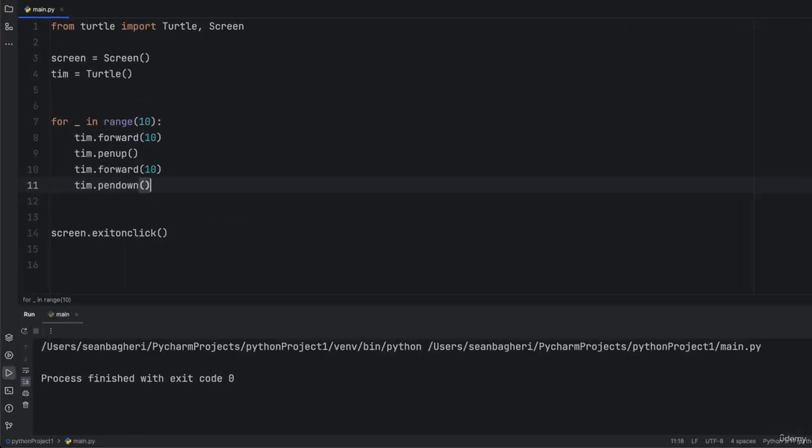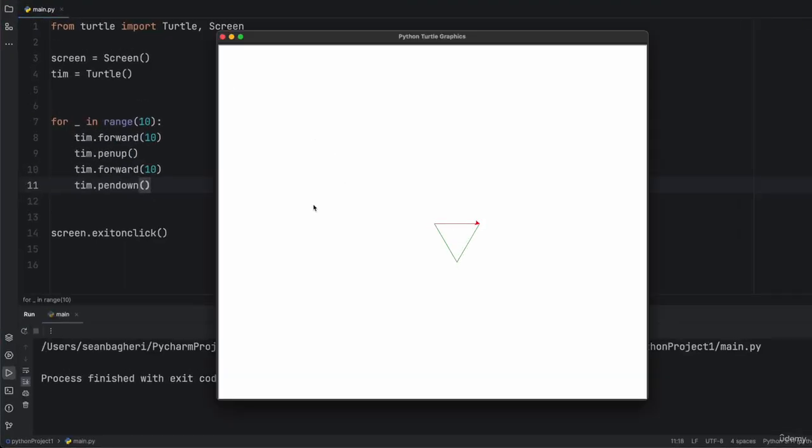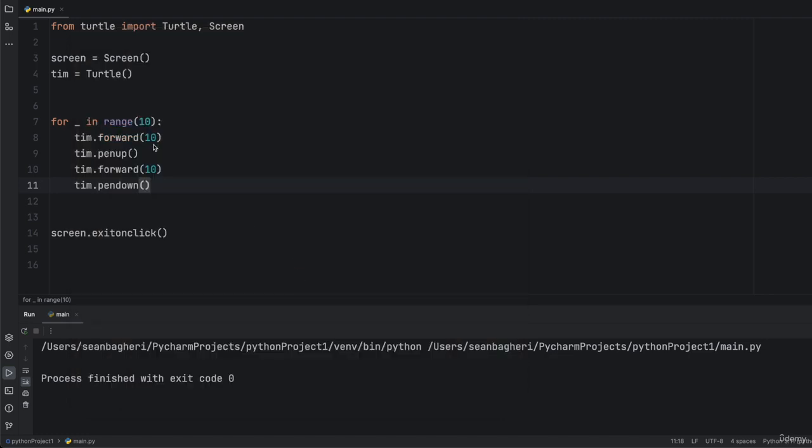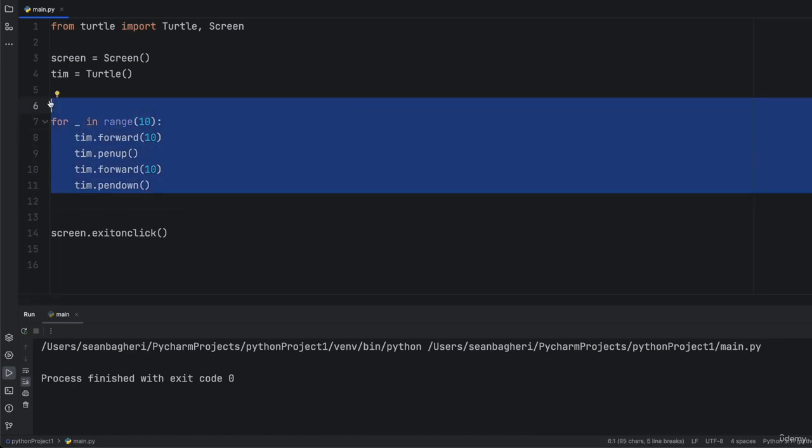How do we make this? Let me just show this one more time to you. Take a look. This is running again in a different editor. As you see, it's using a random color each time, and it's doing the rectangle, a square, and then a pentagon, and all these different shapes. And we've got all of them. So how do we actually do this? Let's go ahead and clean this up real quick. I'm going to keep the screen and turtle